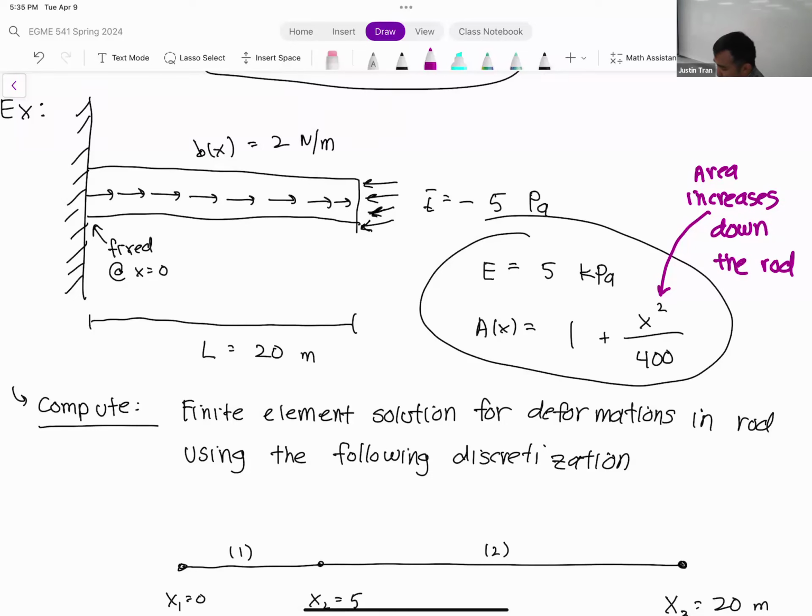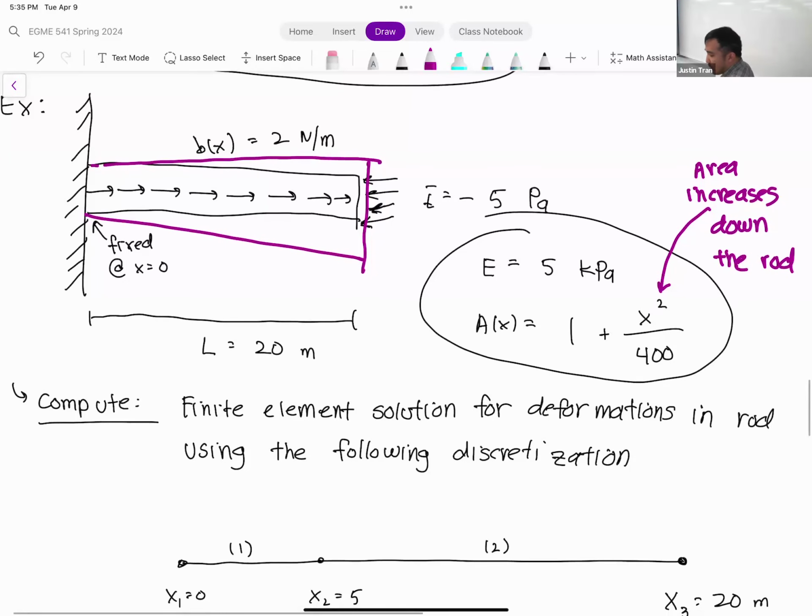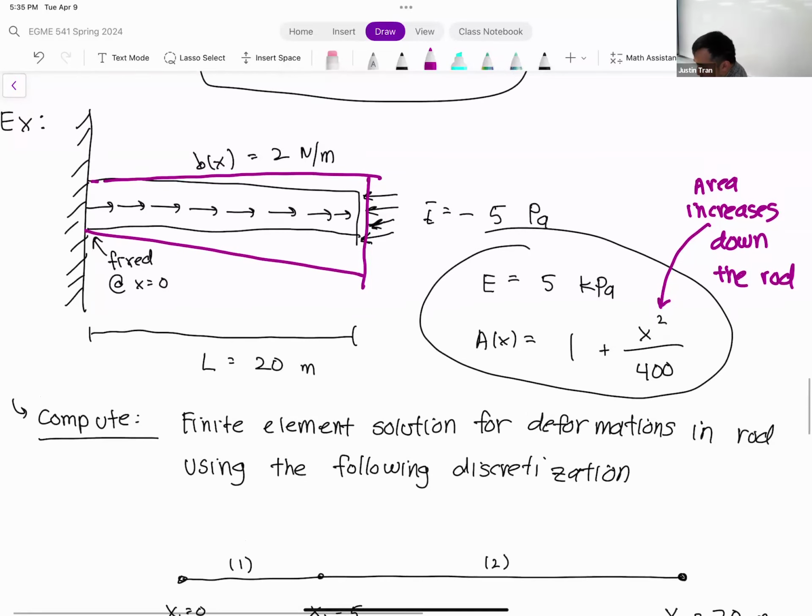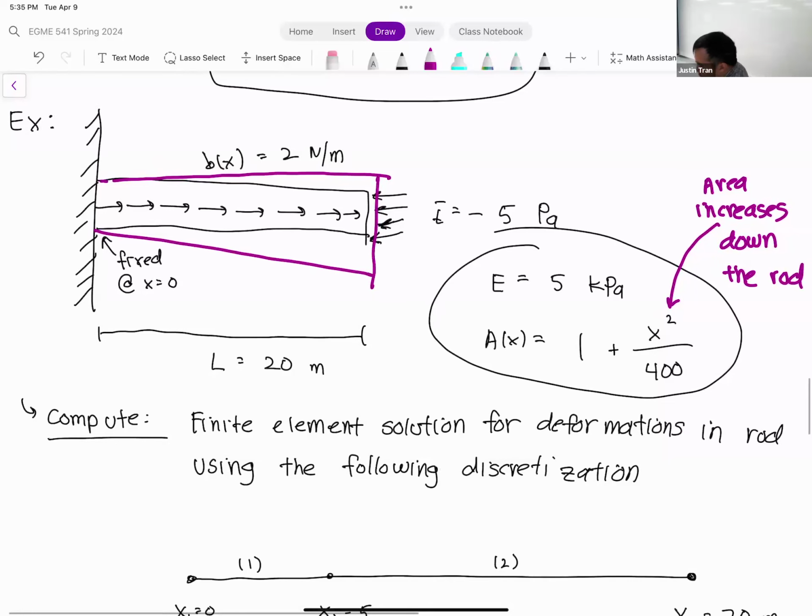So actually, if I were to draw this rod a bit more accurately, it would look something like this. It would kind of fan out near the end, so it's wider on the right side than it is on the left. Okay. So I picked this problem just because this is something that we wouldn't actually be